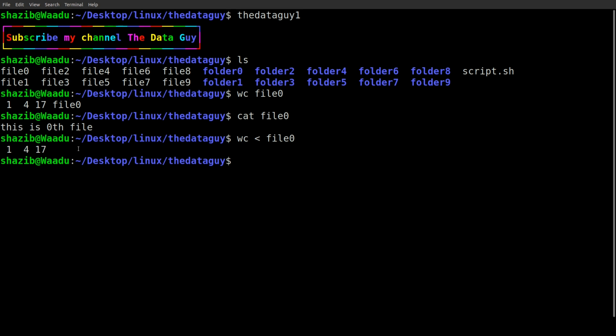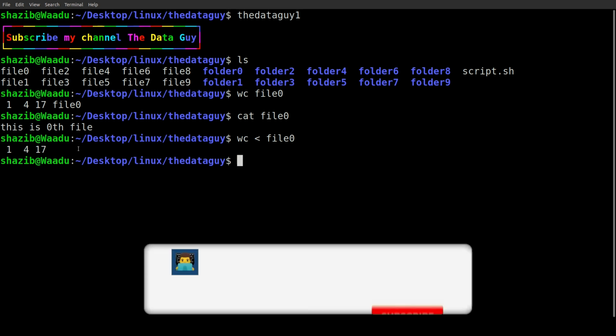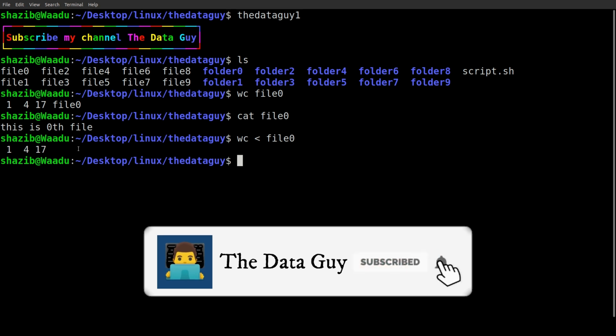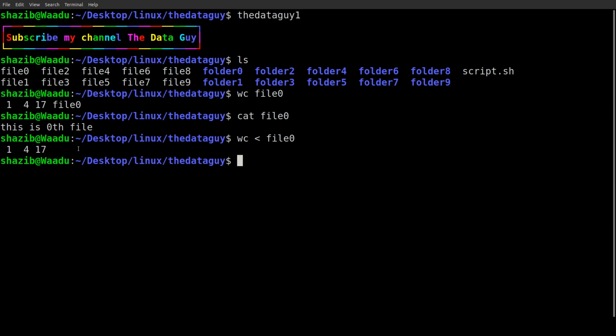And suppose in any case you want to read just the number of lines, just the number of words, or just the number of characters, there are certain flags for that too. In order to get only the lines, you can use the lowercase l flag, file0. You can see that we got the number of lines, of course that is 1, as you can see in this output. And if you want to count the number of words, we're going to use a lowercase w, file0.